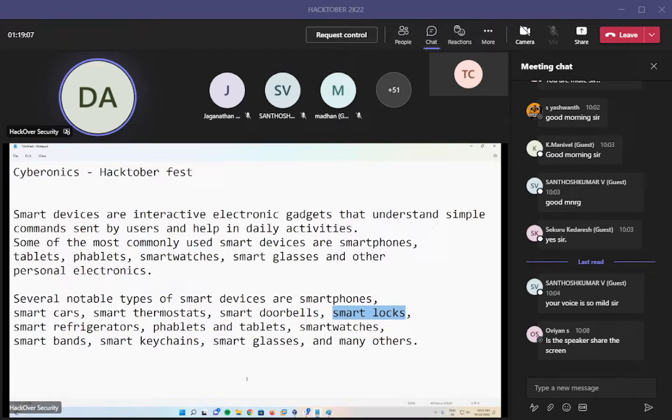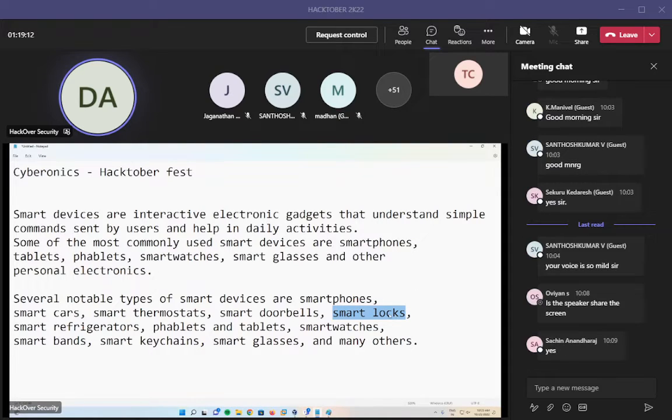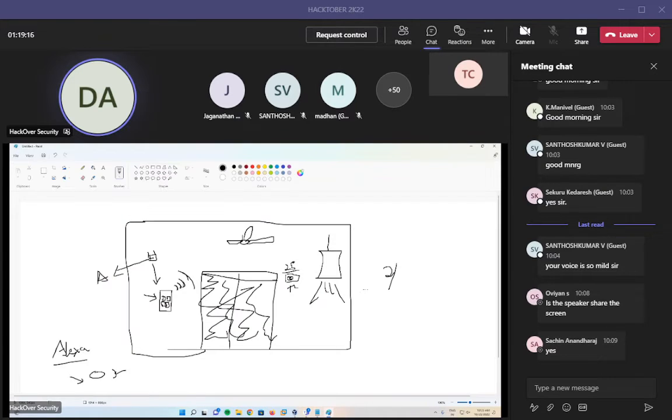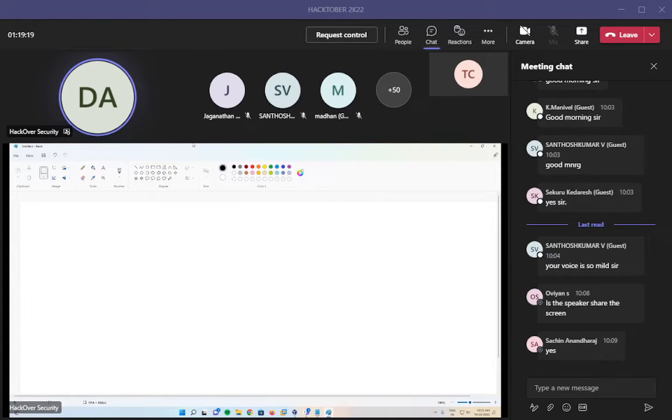Smart locks are nothing but locks where you can open the door using voice commands, iris scan, or simply an RFID card, right? You also know about that. Simply consider this is a room entrance, and the room door is closed. You can have a device controlled from inside, behind the door. You will have a lock like this, and you will have a 3 point